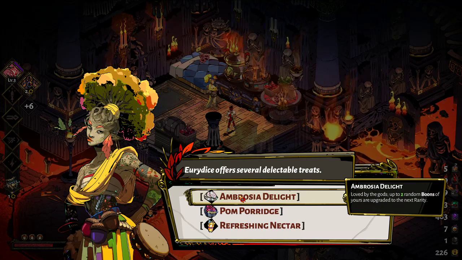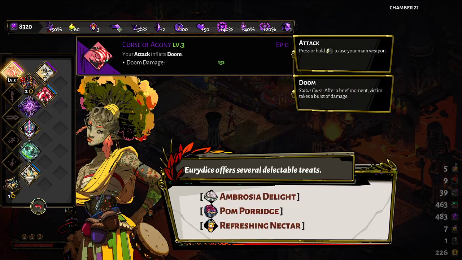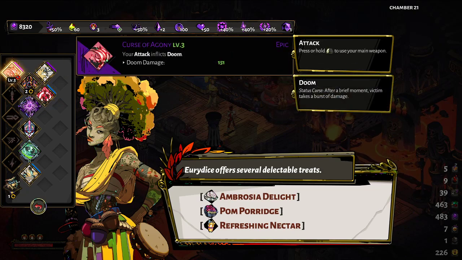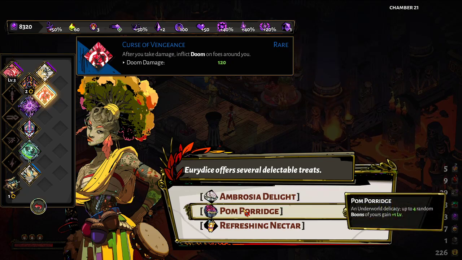Okay, but here are our options. We can have 2 random boons of ours upgraded in rarity, and the thing is, we have... Well, can this work for Chaos Boons? I'm actually not sure. I was gonna say we have precisely 2 boons that can apply to. It would be our 2 Ares boons, the attack one and the when we take damage one that we just picked up. Or we could upgrade